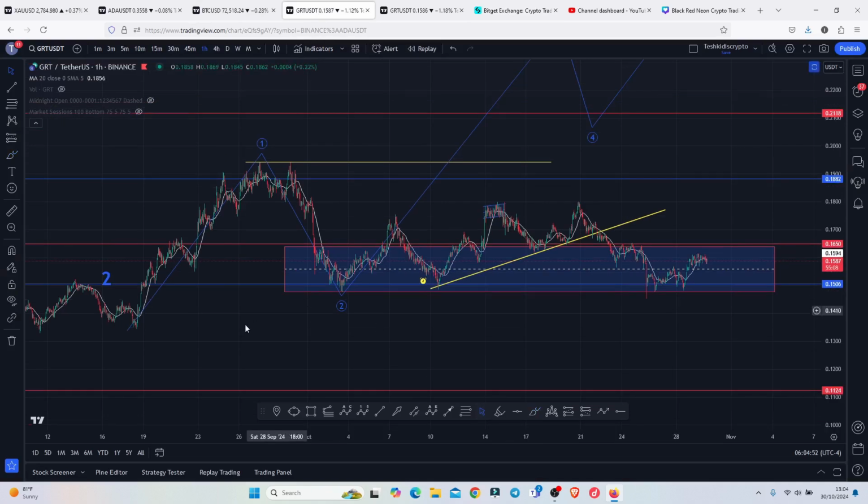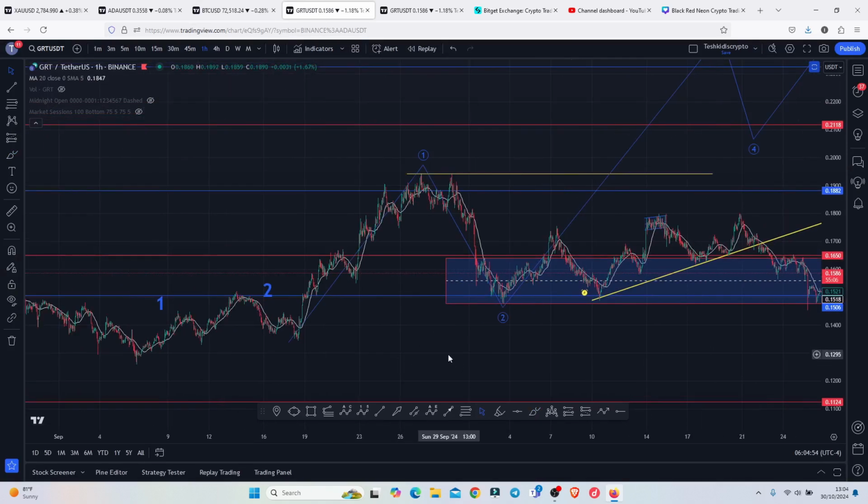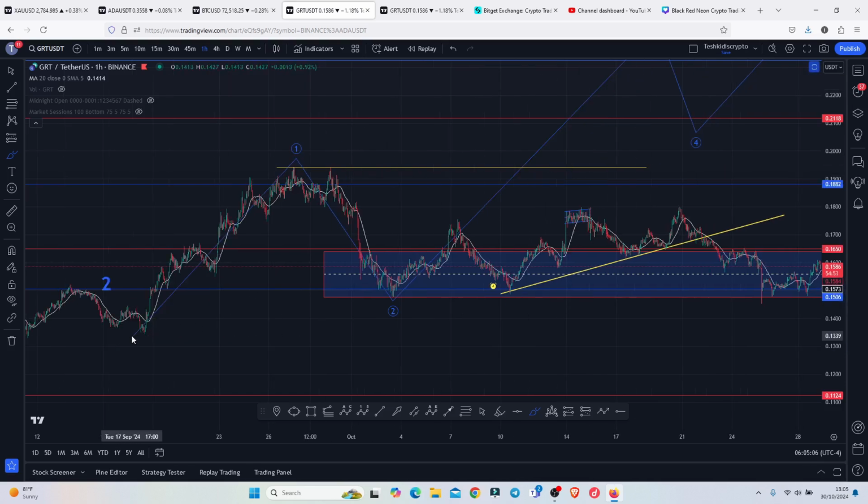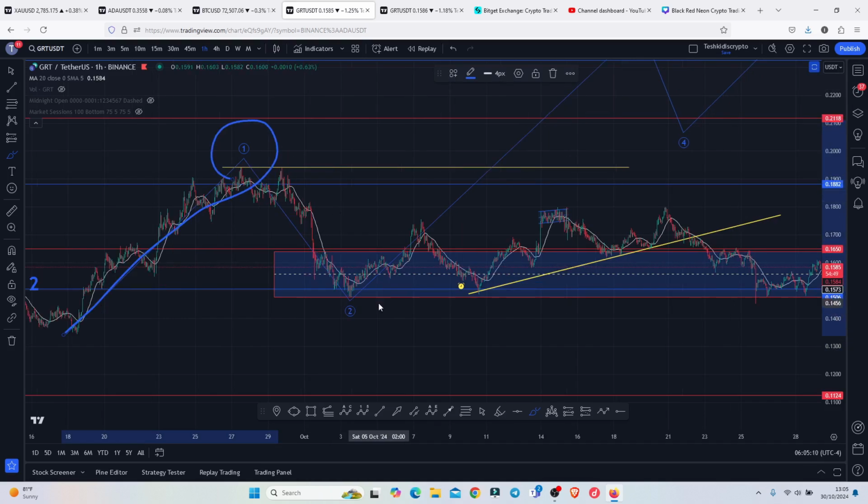Getting back to the chart, I want to start the video by first giving you a recap of an Deriv structure that has been playing out from the lows that we made on the 6th of September, where you can see that we saw a very nice bounce to the upside in a 1-2 setup. Then we continued to obey the Deriv structures, where we were able to put in place a high in these Deriv count 1. Then we saw a bit of a corrective structure in an Deriv count 2